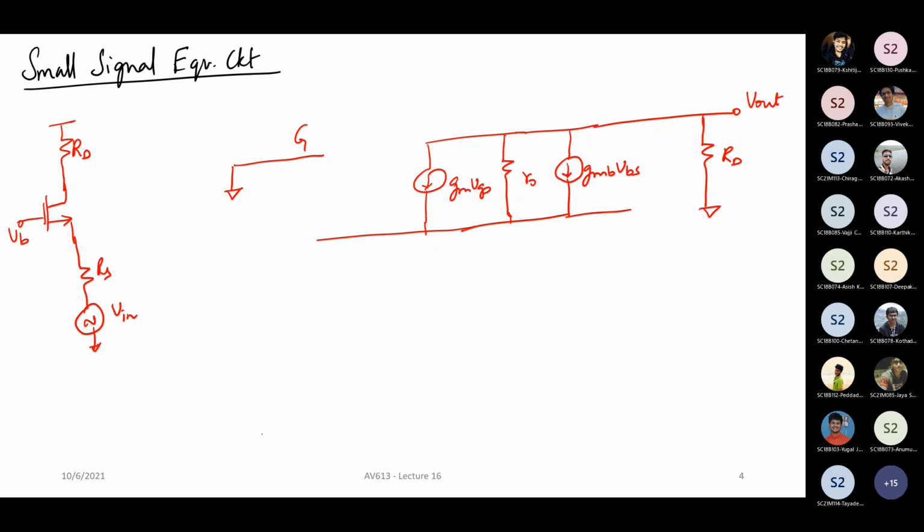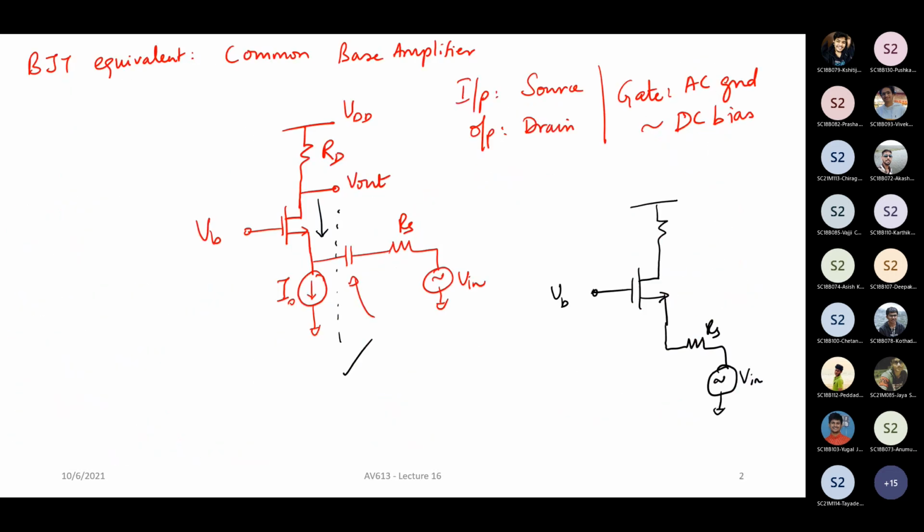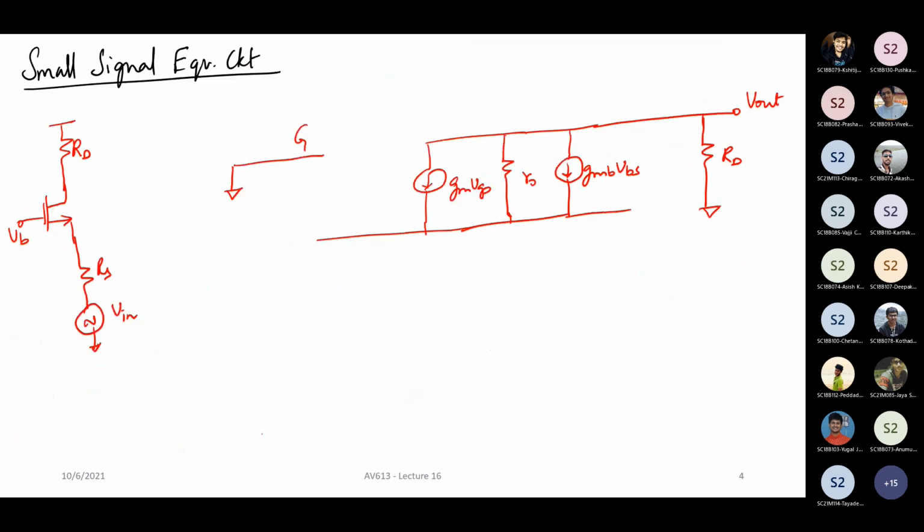So we have RS and Vin, right? Now, even if you have a DC coupled, an AC coupled system where you have a current source and you have a capacitor, again this will hold good because this is a DC current source. So it does not conduct any AC current. So it is an open circuit for AC signals. So it goes out of the picture. The capacitor is expected to be a short at the frequency of interest, and therefore that becomes a short, and you end up with only Vin, RS and the transistor. Okay. So here you basically have RS and Vin.